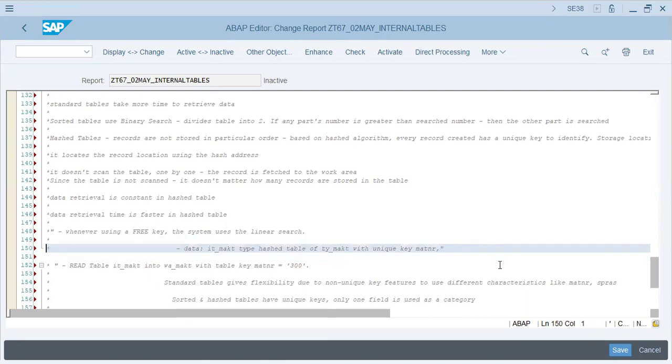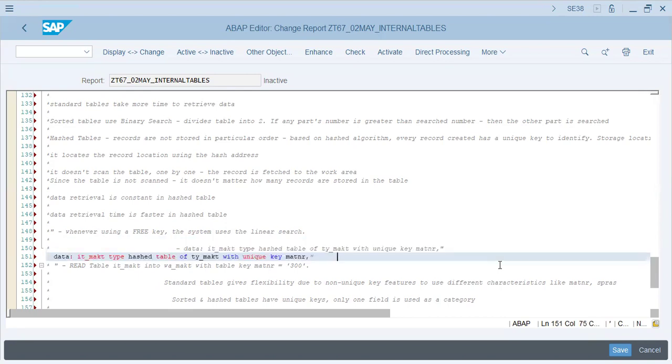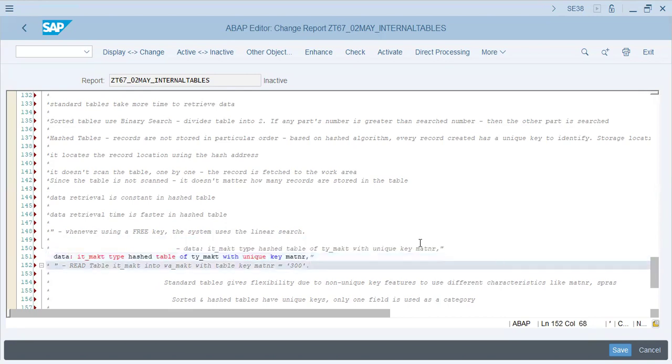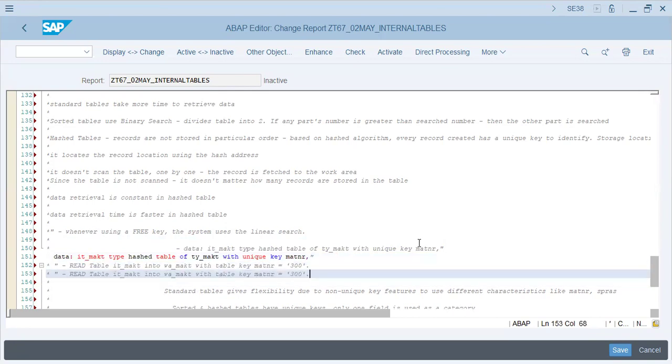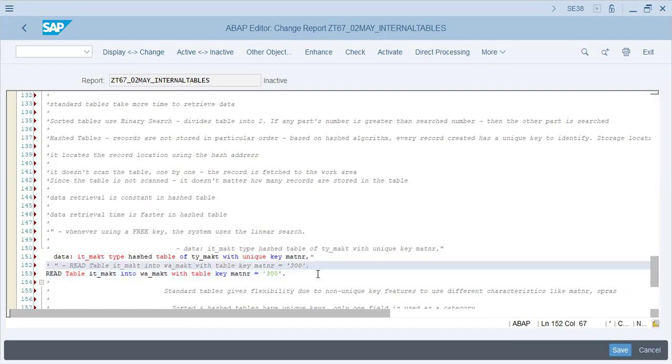I'll just copy this. Read table IT_MAKT into WA_MAKT with table key MATNR 300. So what is happening over here is